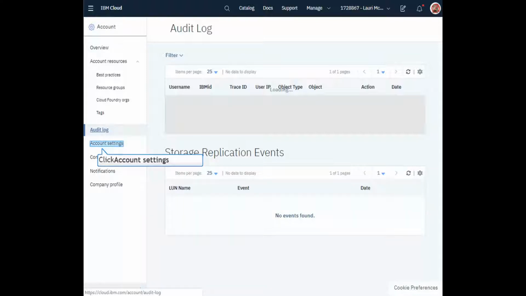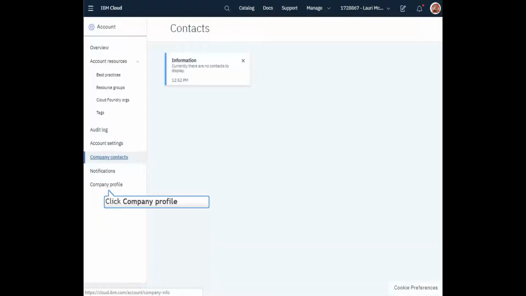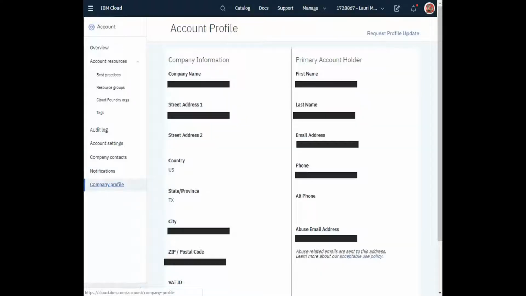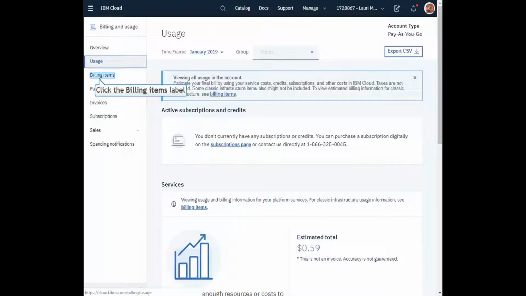You can click on Account Settings and get information specific to your account, including promo codes that you can add. There's an area for company contacts, and you can click on Company Profile to get specific information on your company that you have listed. For billing and usage, you have information on your billing items,